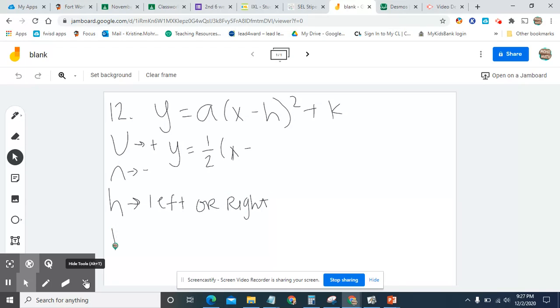And K moves up or down. Okay. All right, so for the next part, if we keep reading on the problem, it says we had a shrink by a factor of 1/2, we did,